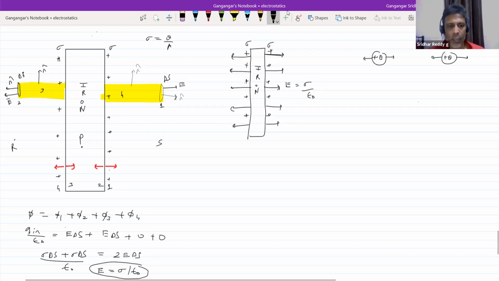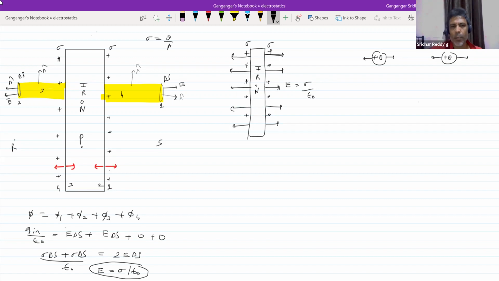Okay, let's come to that one. Here, any charge present should produce field on either side, no? Similar to the point charge idea. So here also you assume a small elemental charge. It will produce field on either side. So why is the net field at point P 0? Because the field due to 2 and 3 will cancel out. That's why the net field inside the conductor is 0.